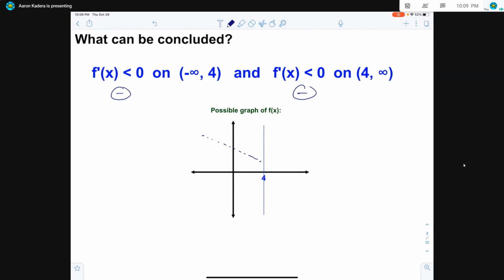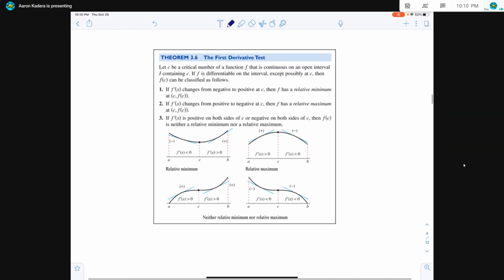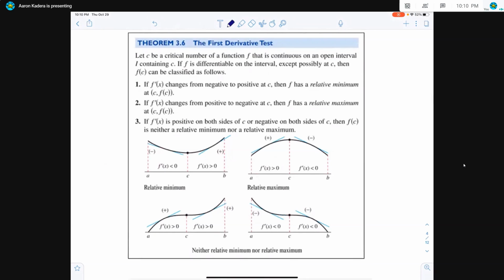So we might have that situation, but then afterwards it is also continuing to decrease. And in that case, we would say that there is not a minimum or a maximum value occurring. You take all of these three pieces of information and put them together, and you have something called the first